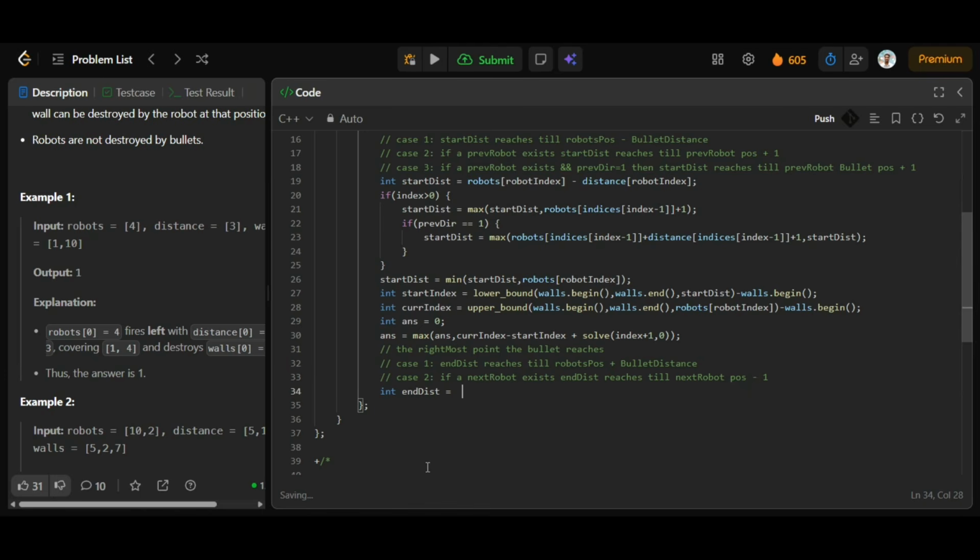So whichever is going to be the minimum value, that's what we are going to choose, right? So minimum of